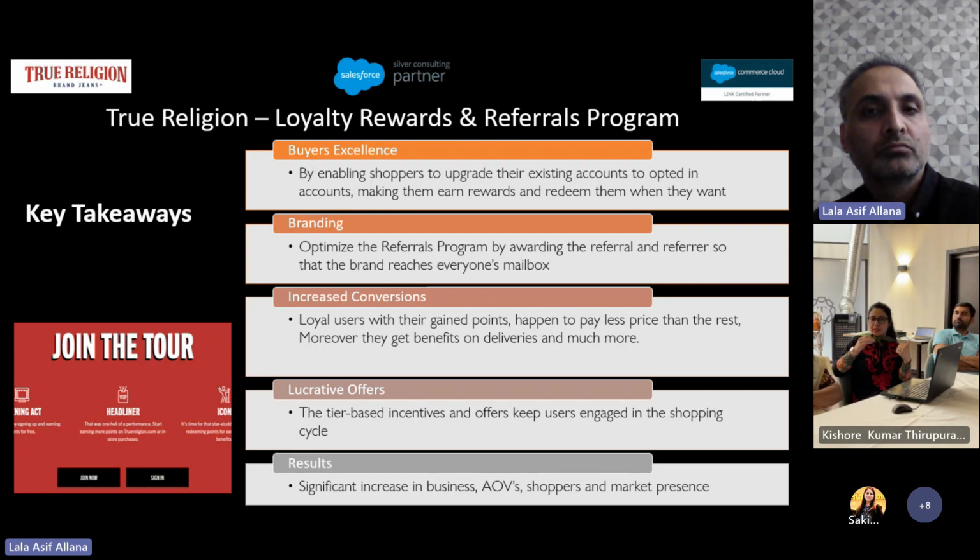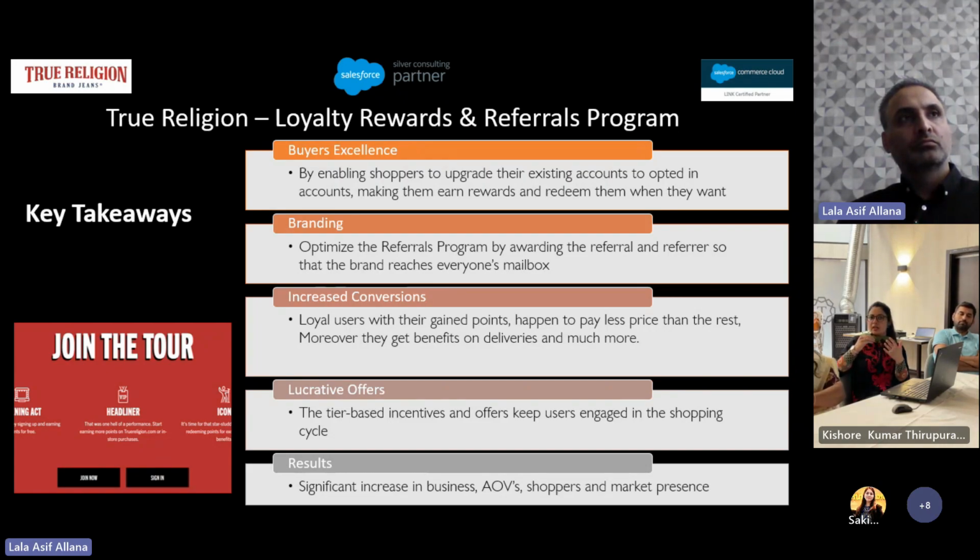And apart from these success statistics, we do have really good feedback from the users when it comes to the benefits they're getting, like free shipping and fast deliveries, because the loyal or opted-in members have to pay a lesser amount than the rest of the regular customers. So we are building an ownership relationship with the customers, like owning your customers, owning their shopping history with yourselves, and owning their data in a way that they buy from you again and again, and then you can improve your branding as a